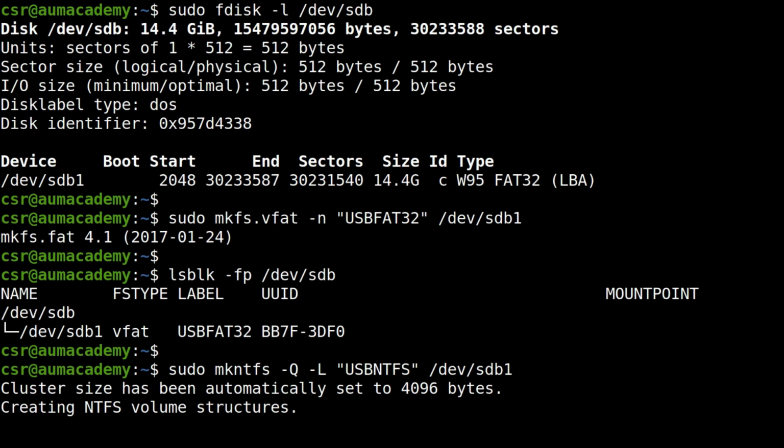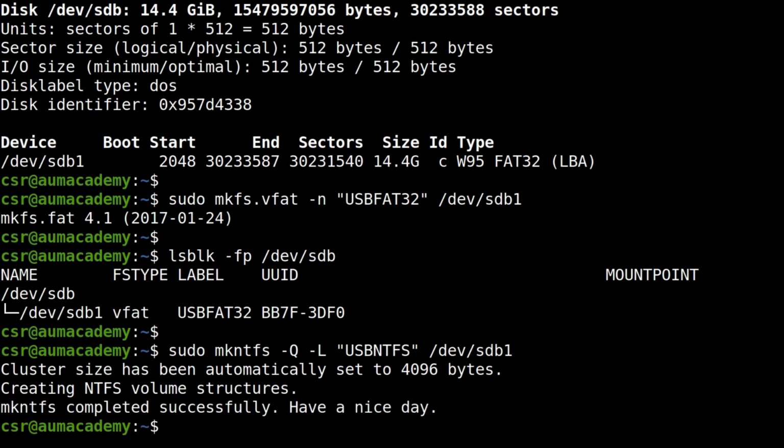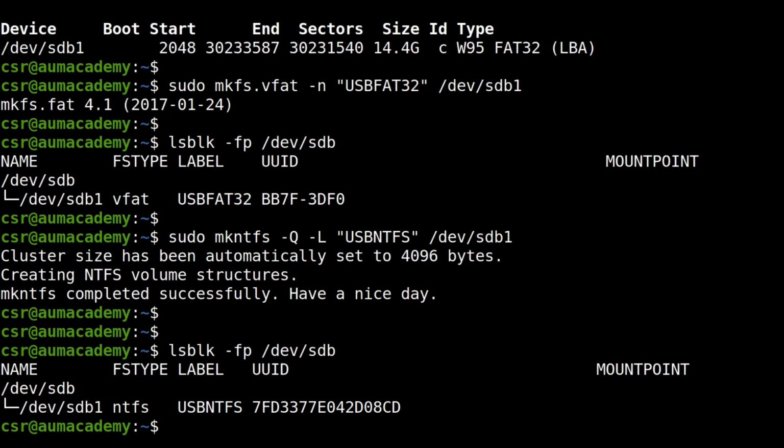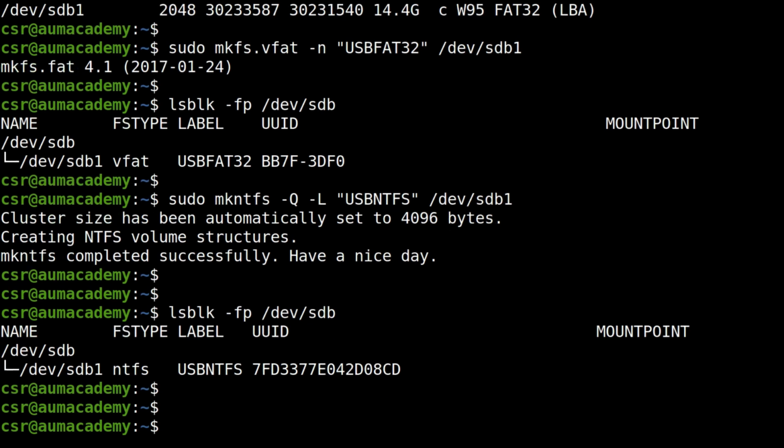Q is for quick format and L is for labeling the file system, and the command will create the NTFS file system on the flash drive. Now we can observe the file system using the lsblk command, and we can clearly see that the file system type is NTFS on the flash drive.